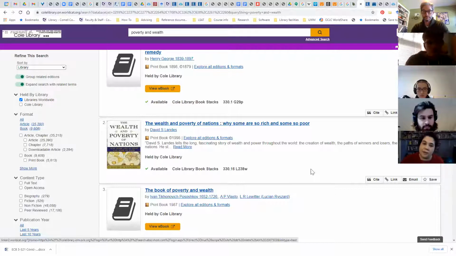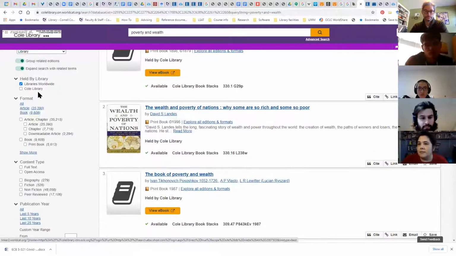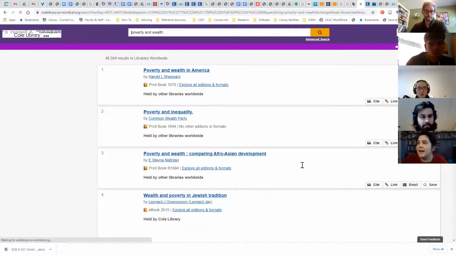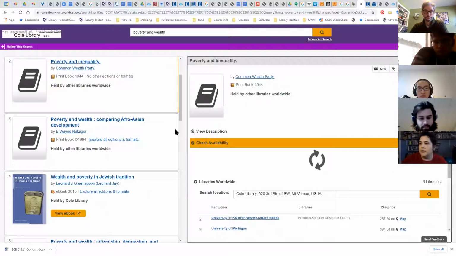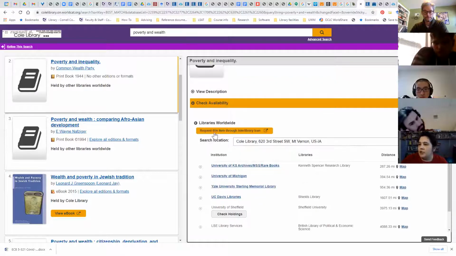The other piece is if you're not here in Mount Vernon. When you look at these and find them in a different library, you can tell it what zip code you're in. See where it says held by other libraries. If you go into this record, it will show you where they are and how far away they are from you. So it's possible if you're somewhere not here, but with lots of libraries around you, that you could find books in your local libraries that you could just physically go and check out, or whatever system they have for checking out books.